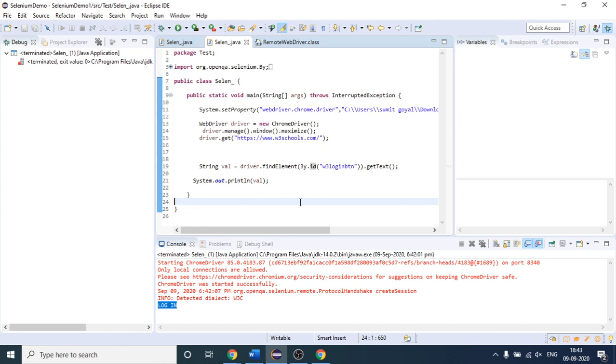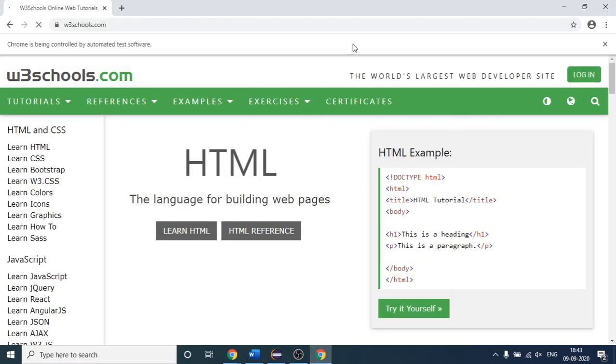Okay, so the point is people might wonder why we are using this get text method to print this in the console. So suppose I give you a real life example. In your project, suppose you have a new website. After that website is made, suppose this is the website which you have made. Let me open this only. So this is the website you have made. And your client has said that I want this login text in capital letters.